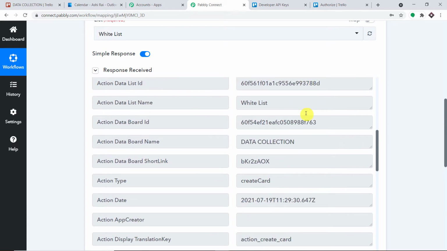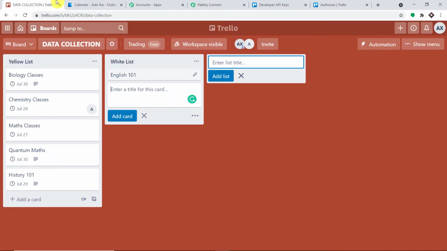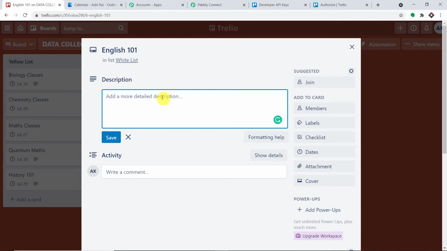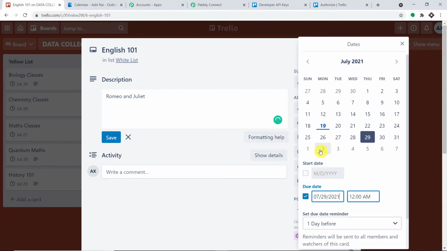But we haven't added the description, nor have we set the due date, nor have we added any member. So what I'm going to do here is just explore this card. Enter a description: Romeo and Juliet. So this English class will be on Romeo and Juliet. And let me just add the date.